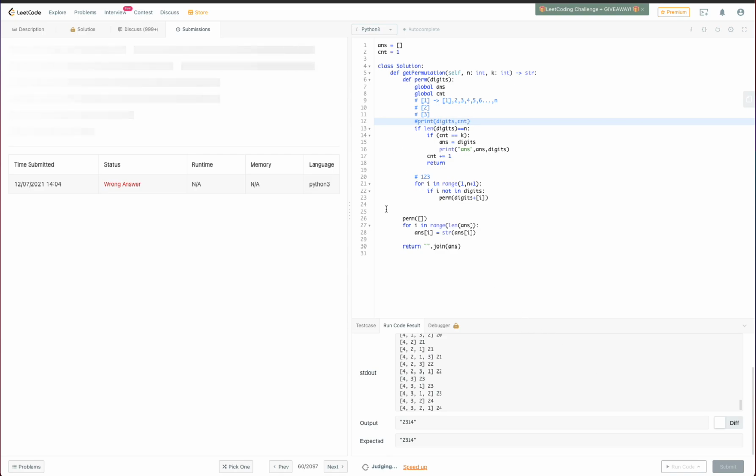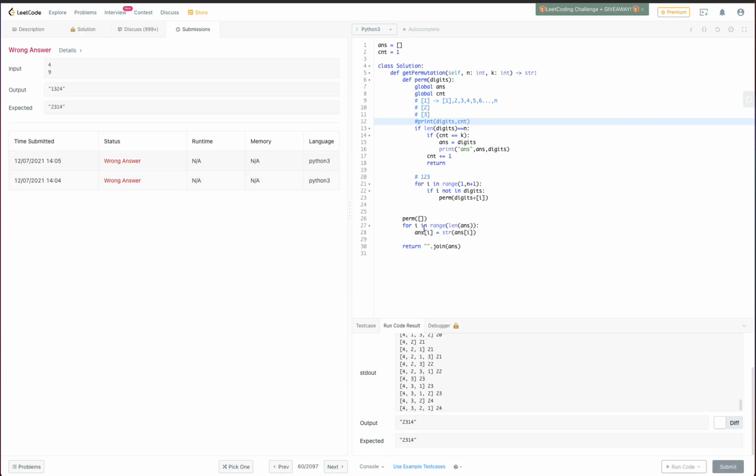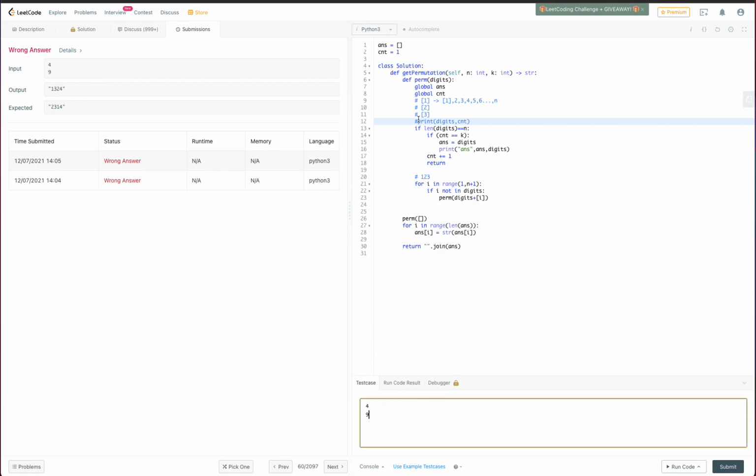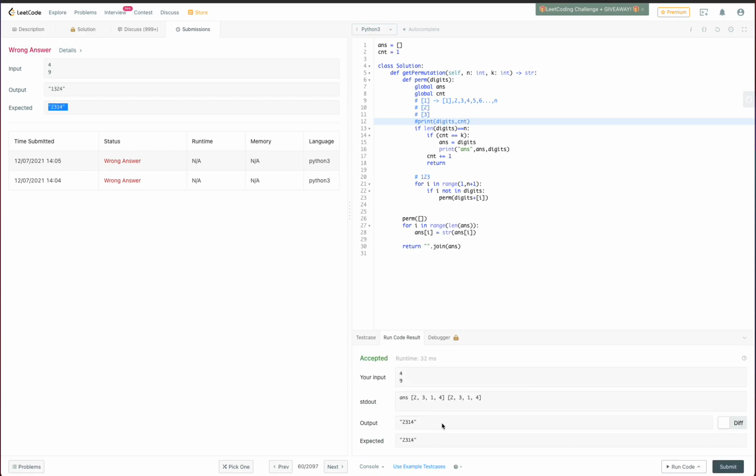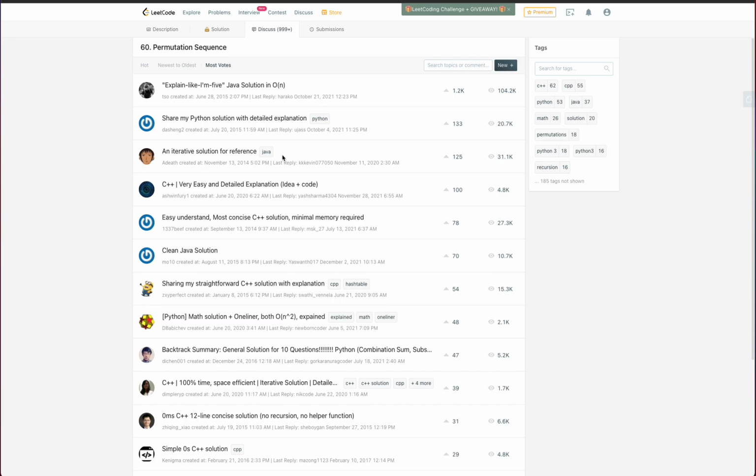Because it's not really possible to debug if it's outputting the correct answer, unless it ran out of stack space or something. But if I copy this input, I will go ahead, look at this, and then actually do 2, 3, and 4. So it looks like a stack space limitation. Let's see a discussion if there is no,